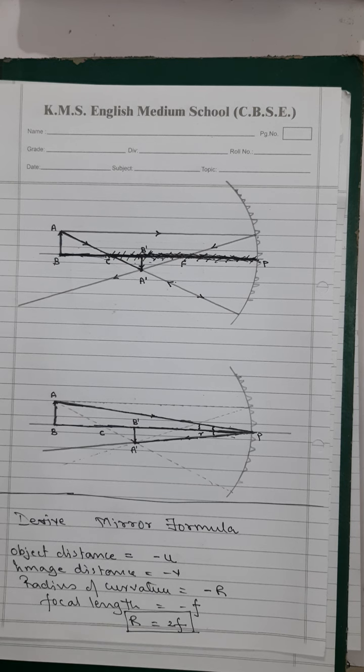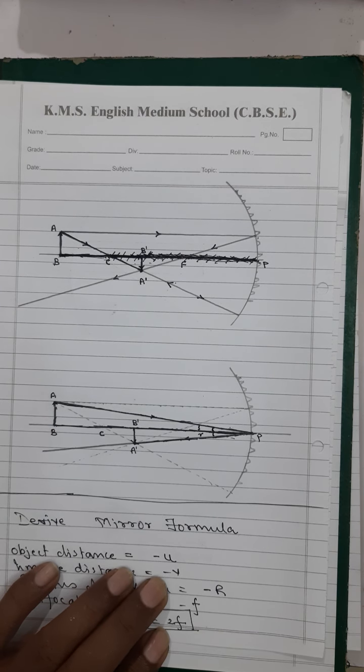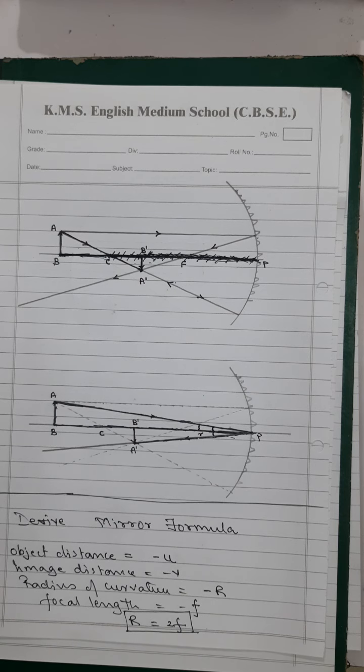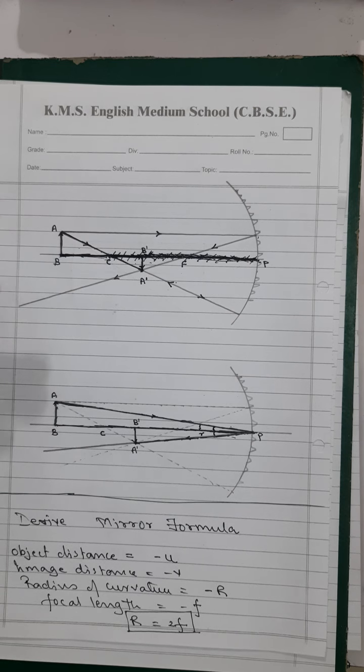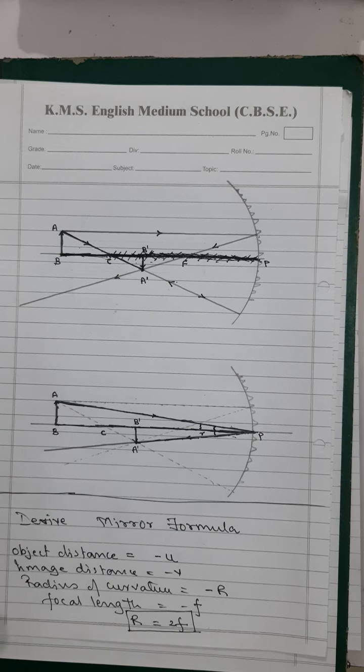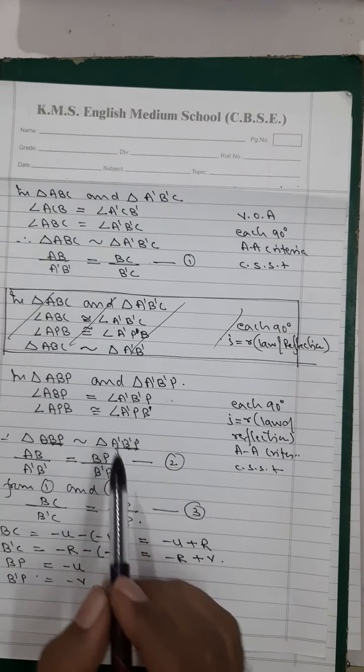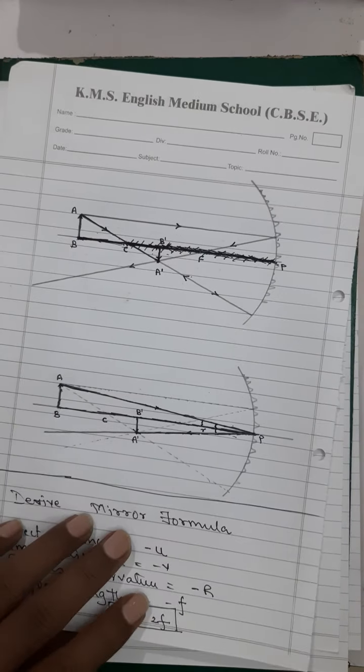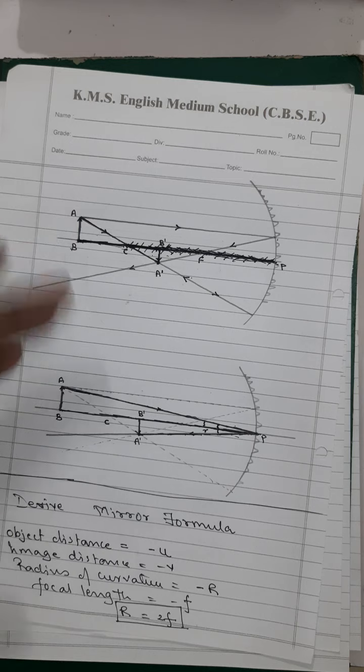Except you have to be very careful about the signs, and you have to always trace diagrams, triangles, one made by the object and the other made by the image, and prove the two triangles are similar, irrespective of the position of the object. Even if the object were at the center of curvature, you would need to do the same thing: trace the two triangles and prove them similar. Then you will get the corresponding sides of similar triangles. Similarly, you will have to consider another pair of triangles.